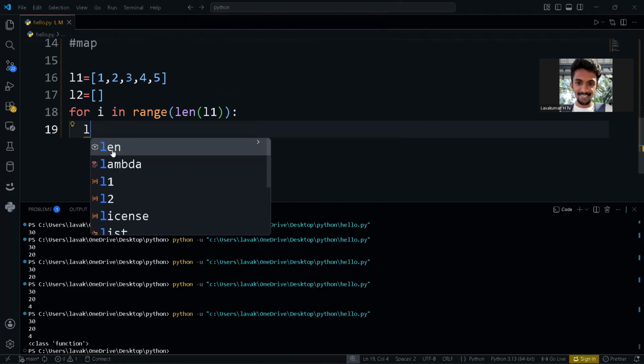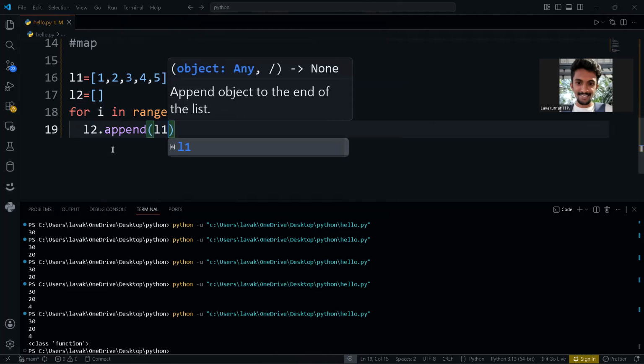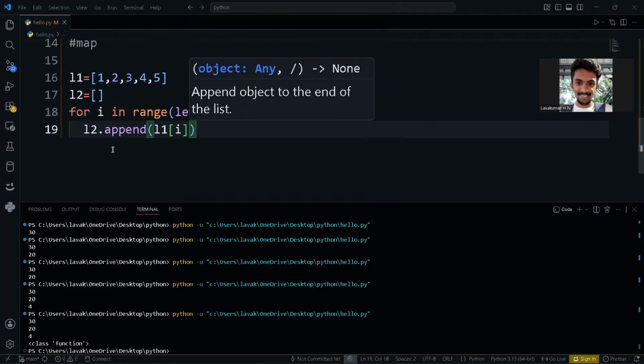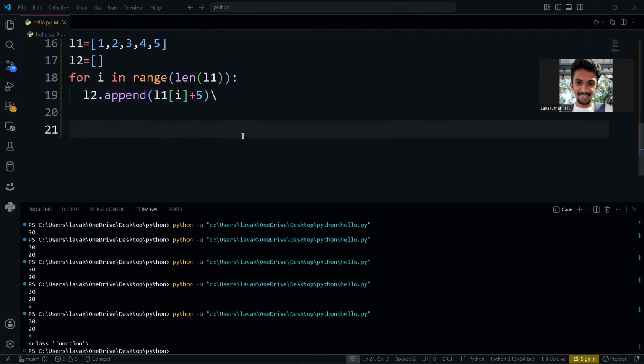So L1 of I plus 5, and L2.append. You are going to append L1 of I plus 5. If I want to add 5 to each of these elements, I will use this for loop. And at last, if I print